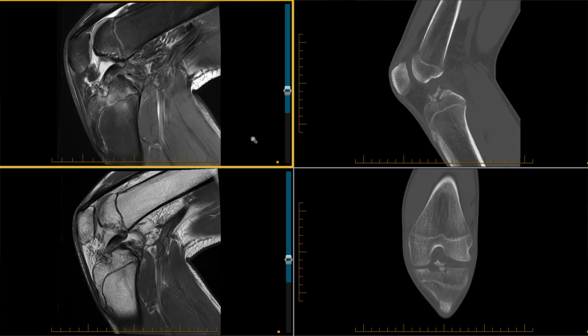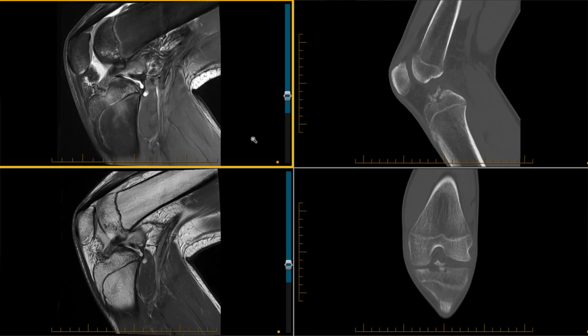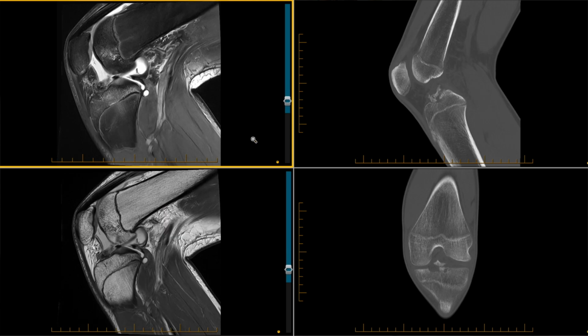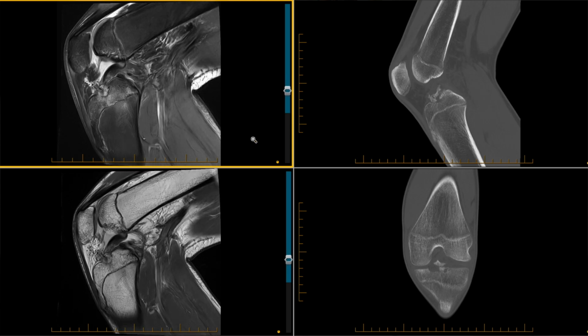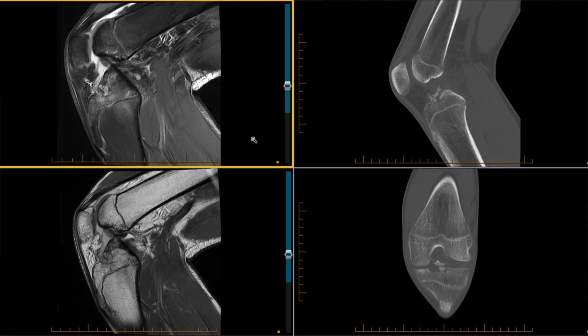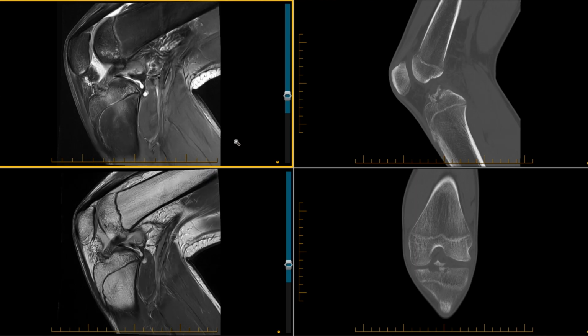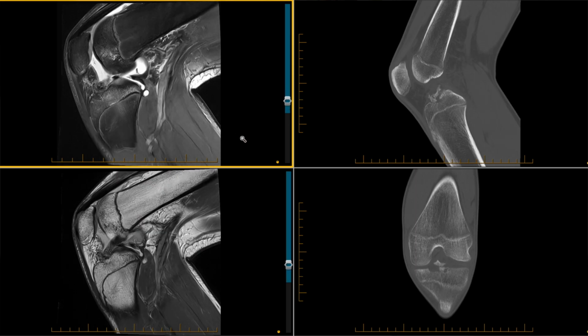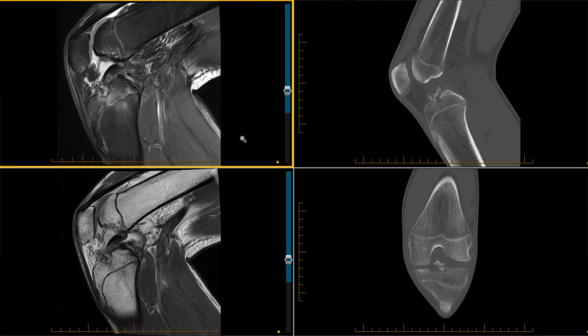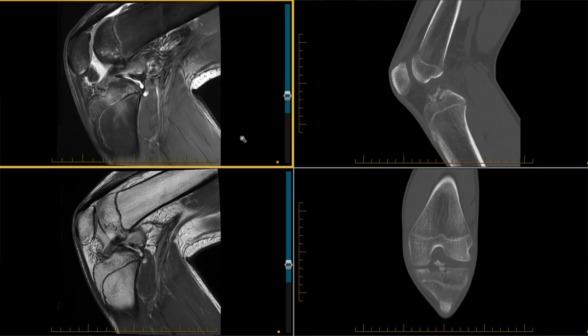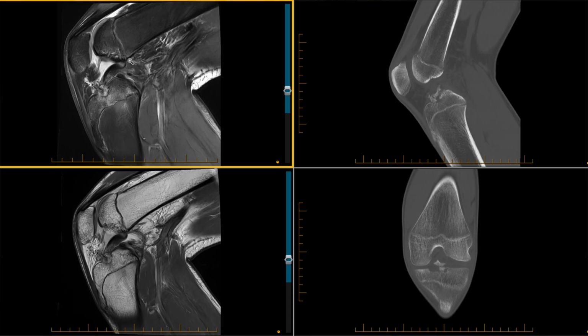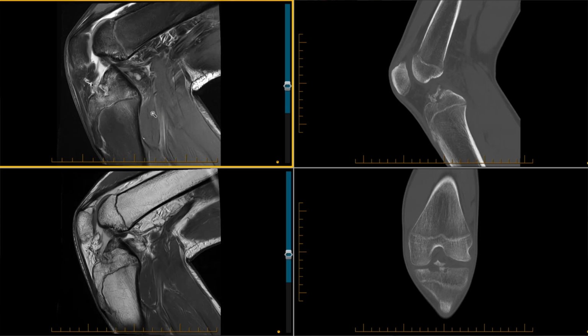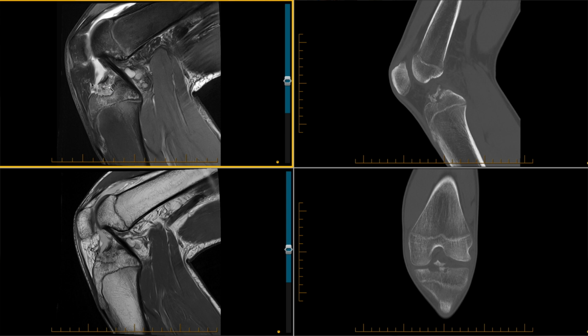Okay, this is a case of a type 3 distal tibial avulsion fracture at the tibial footprint of the ACL with clearly visible bony fragments on both the CT and the MRI in a skeletally immature patient with open growth plates. So on the MRI we can see the low signal intensity bony fragments avulsed away from the native tibial